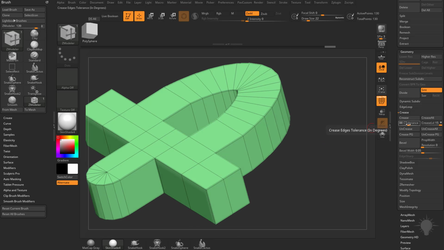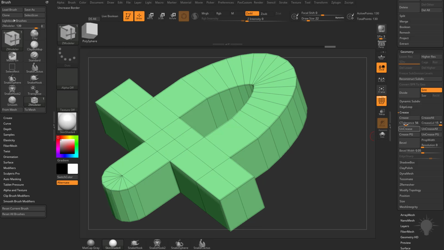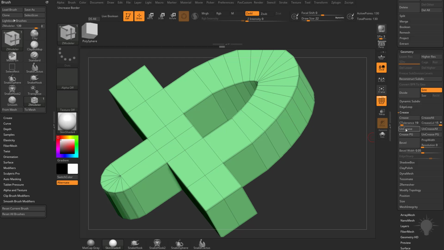So you can use this setting here to dial in exactly how much creasing is going to happen on this object. For example, if I crease anywhere between 90 and probably a pretty low number, it's going to stay kind of the same. So like 90 and say 50 degrees, nothing really changes. However, if I keep dropping this down and hit crease, so now we're at 19 degrees,